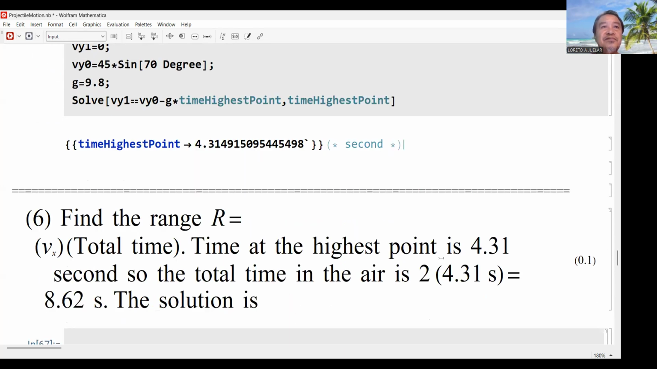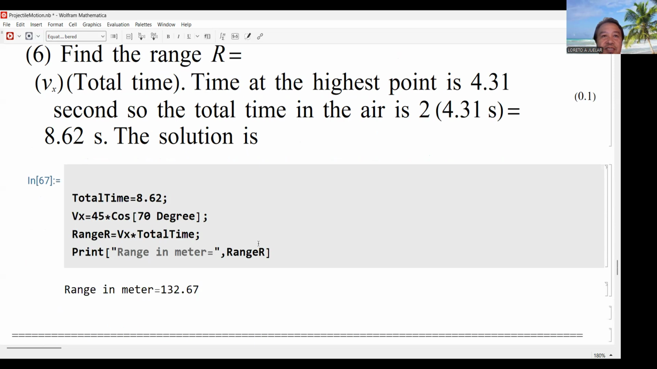So the next problem is find the range, no? After the total time. The range is equal to the x component velocity times the total time. The time at the highest point is 4.31, so the total time in the air is 2 times 4.31 seconds. So that is 8.62. So the solution is here, no? So the range in meters is 132.67